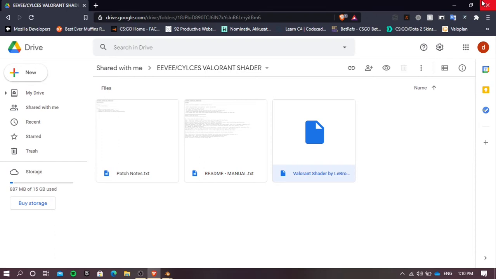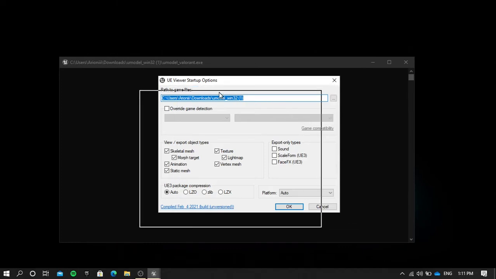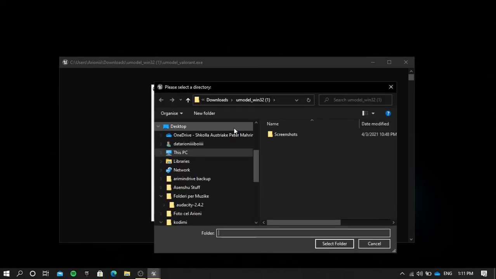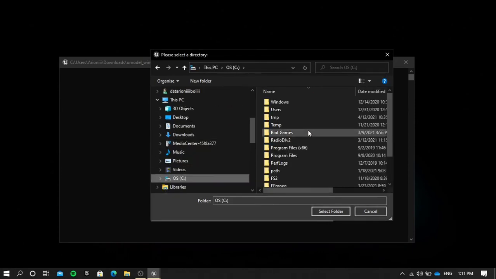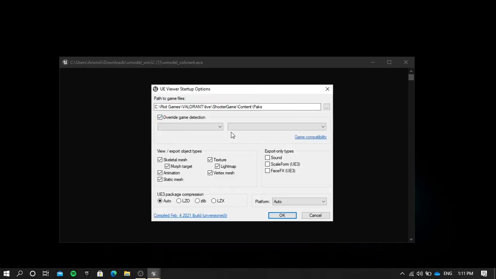from UModel. So now we are in UModel. I will show you how to use UModel. You click right here to find where you saved the game. You go to C, if you saved it in C, Program Files, Riot Games, Valorant, Live, ShooterGame, Content, Paks, and here it is. You just select this folder, click Override Game Detection, Unreal Engine 4 because this is the version